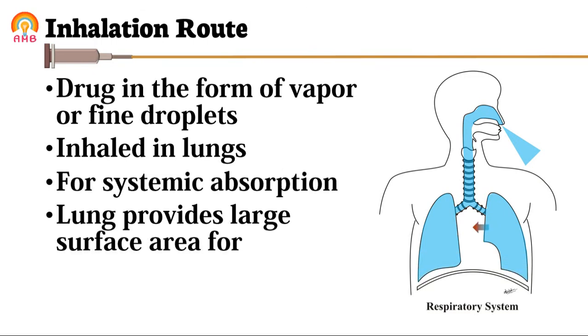The lung has tremendous surface area, because the bronchi are divided into bronchioles, secondary bronchioles, tertiary bronchioles, quaternary bronchioles, then terminal bronchioles, and then the alveoli, which have tremendous surface area. Because of that, whenever a drug is taken by the inhalation route, there are chances of rapid absorption because of the large surface area. So we can get a quick effect by the inhalation route.